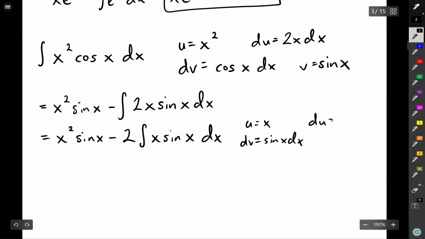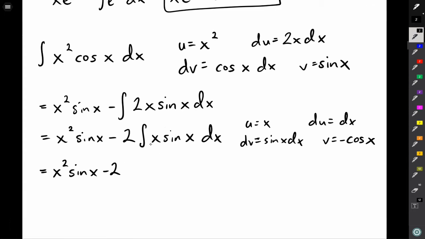So then du is dx, and v is minus cosine x. All right, and now we just do this again. So x squared sine of x minus 2. Now keep in mind, we're replacing this integral with integration by parts, so it's negative 2 parentheses the rest of this. So x cosine x, so the u dv minus v du,